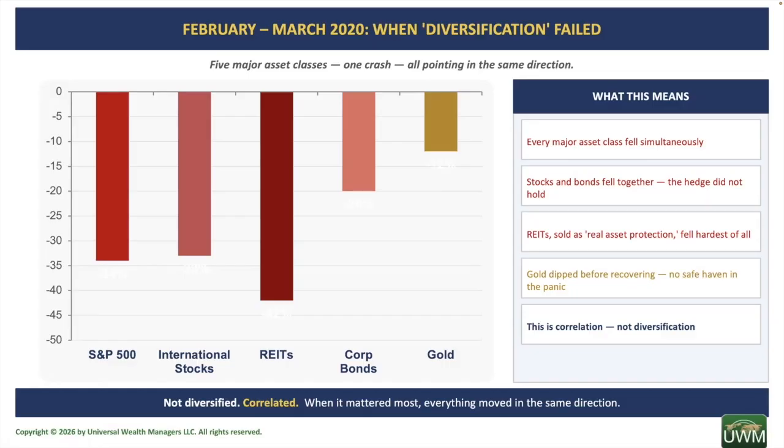Gold held briefly. Long-term treasuries held. But most of what Marcus owns is in that left cluster, and that cluster moved as one. This is what correlation looks like in a crisis. The assets that appear different reveal that they were the same. Not diversified, correlated. Now, here is the question that matters. Is there an asset class that is structurally, mechanically, by design, not correlated to the stock market? Yes. You have already seen it.